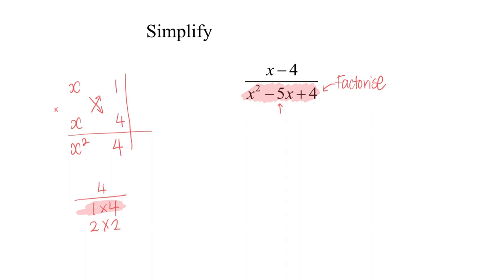But if I want a negative, yes, negative 1 times negative 4 gives me positive 4. So in this case, it does enable me to get my negative 5x because I will get negative 4x here, negative 1x here, and they will be able to give me my negative 5x. So I'm able to get my